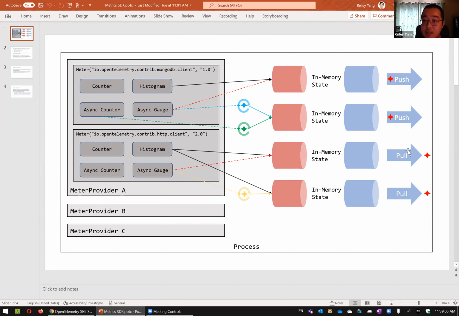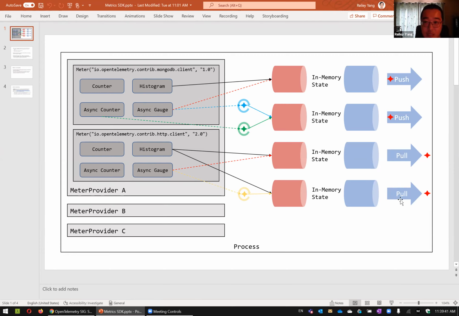Here are other scenarios. You have the pull exporter, and when you pull, we're going to collect all the existing data, and meanwhile, we'll call all the callback functions to get the asynchronous instrumentation. And another scenario is you want to pull, but your pull frequency might be different from the collection frequency. Like you collect the soil temperature, but you only pull the data when a drone is flying by the sensor, and then you report the data. So these are the cases, and I think ultimately we probably will have to support all of them.